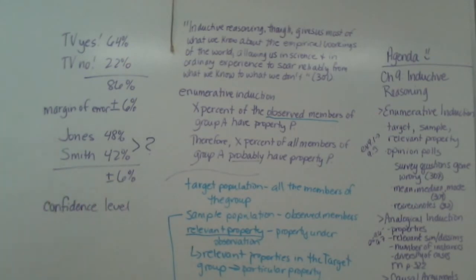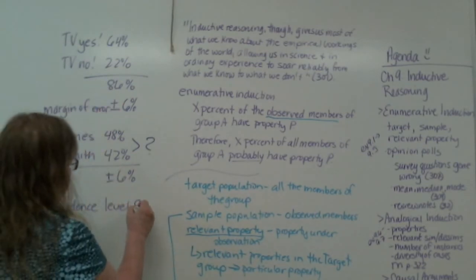So if I want my confidence level to be high, okay, say 90%, then I'm going to have a rather large sample so that my margin of error is less than 10%. I want it to be 90, right? So we have to be careful when we see percentages and things given to us on television or online or whatever, that we look for this little plus and minus, do a little bit of math. And if they publish it, look for the confidence level. They don't always publish it. Sometimes you have to kind of dig down for it online, but the confidence level in this case would be 94%,